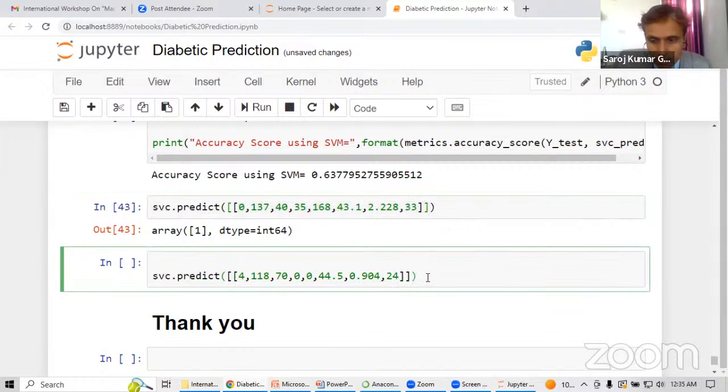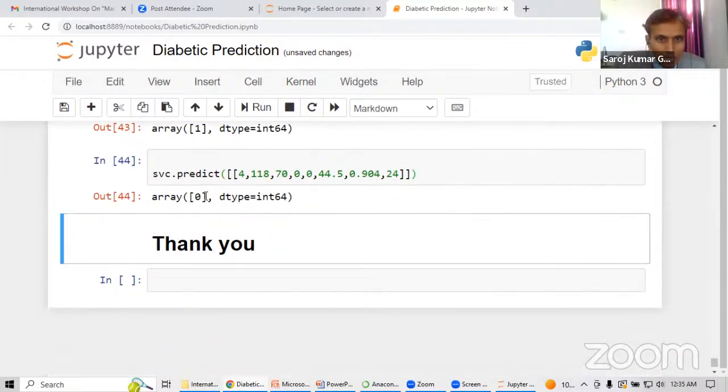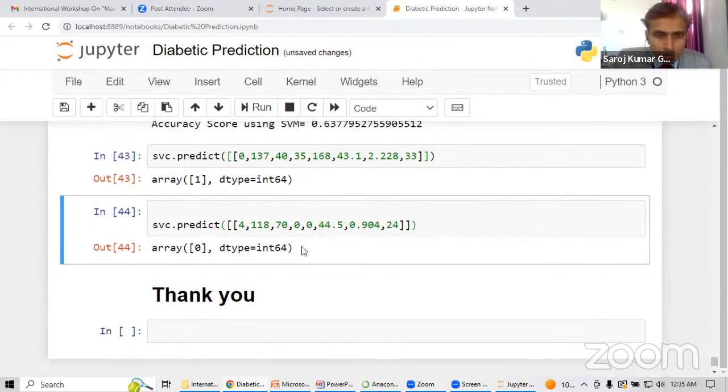So again, if you execute it, you can find that the person has no diabetic. So 0 means no diabetic. This result comes from past experiences. How is the result obtained? The result is because of the past experiences, the training which we have given. So this is how